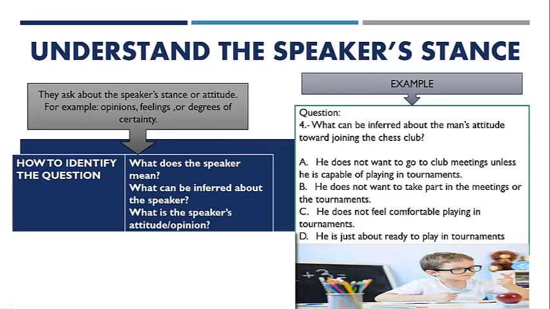To identify this question, we have the following questions. What does the speaker mean? What can be inferred about the speaker? What is the speaker's attitude? Or what is the speaker's opinion? For example,